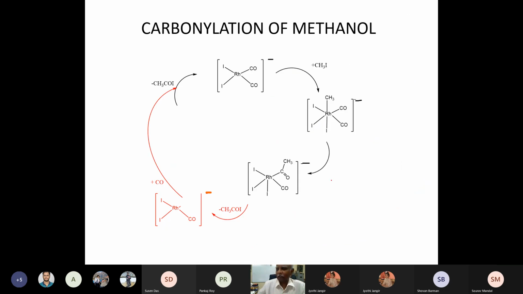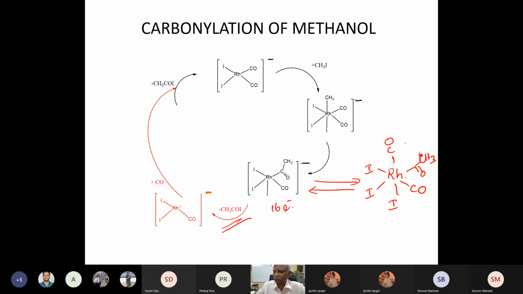In fact, I can write a step which is kind of a distraction for the rhodium complex. I can write a step where I would have this happening along with iodine, iodine, iodine, carbon monoxide. Okay, so this could be happening, but then the reductive elimination itself must be happening from a coordinatively unsaturated 16 electron species. That's probably what is happening, and the remaining things are exactly the same.